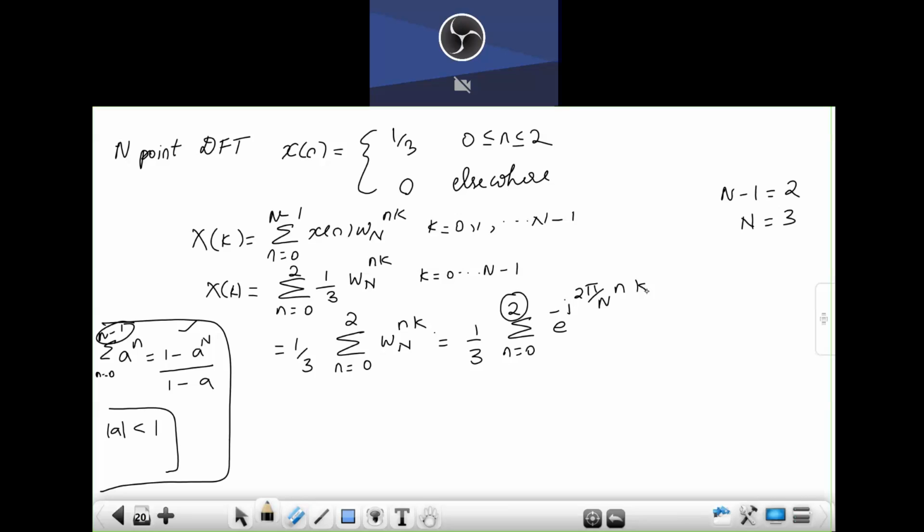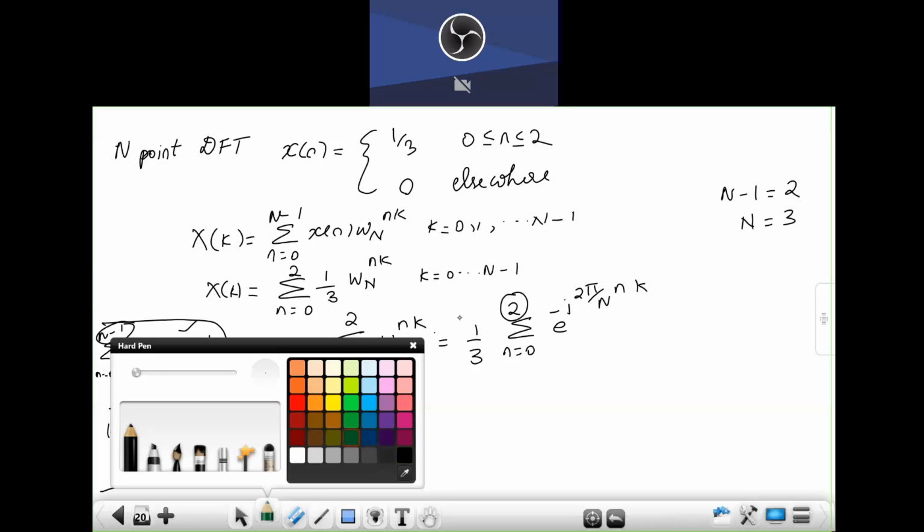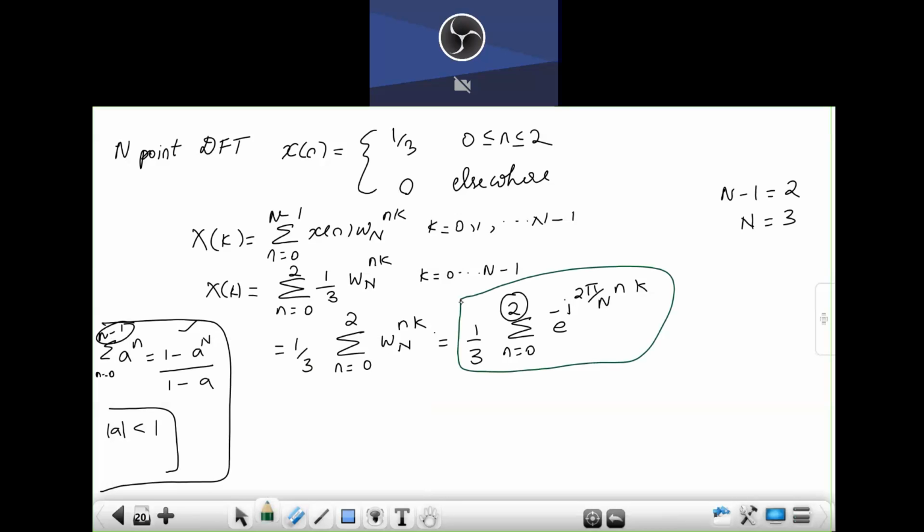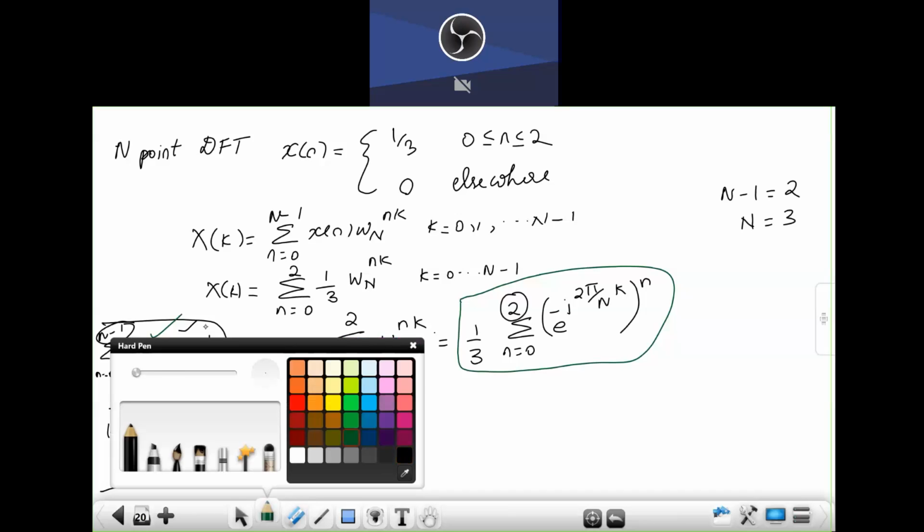If we observe this expression, let me take another color, you will understand. Observe this expression with this expression. If you want to use anything to the whole power n, you will group it like this. If you want to use the formula for the power n, observe this expression and compare it with your a power n summation formula.